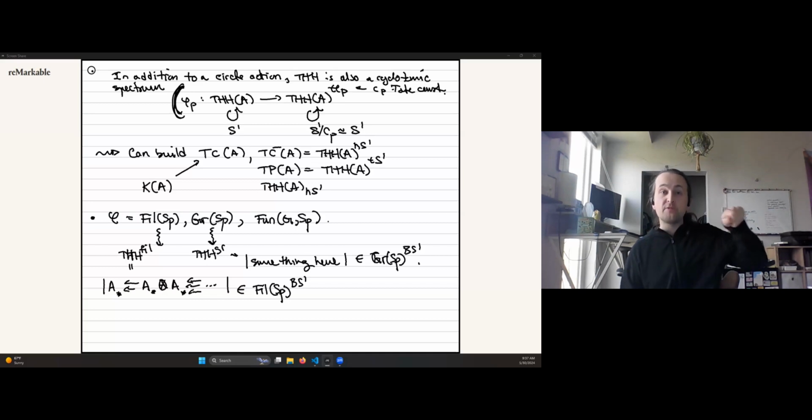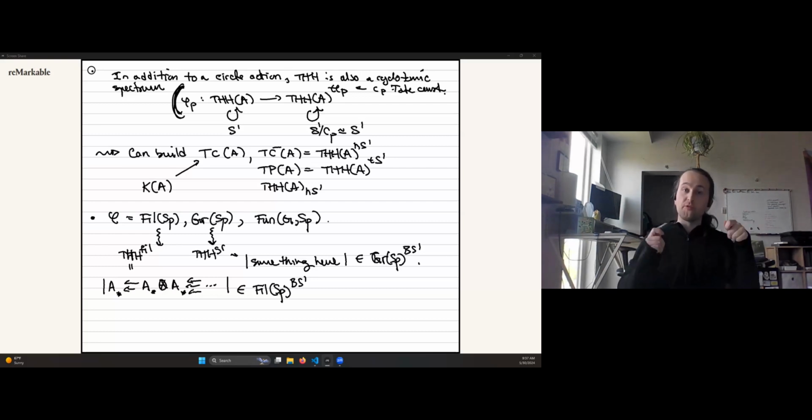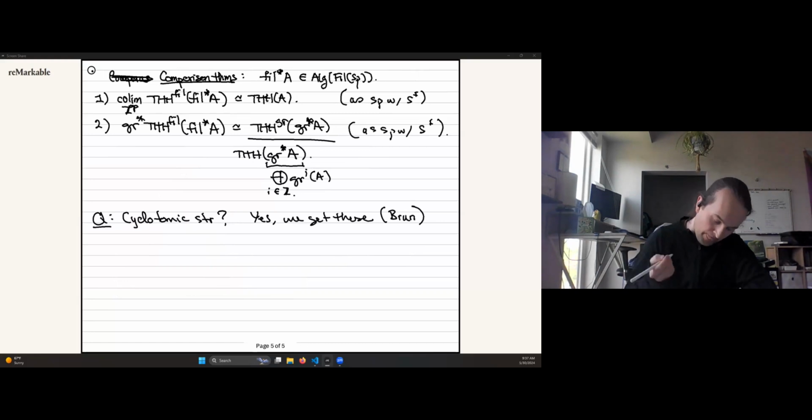So like the pth power of A, if it has degree n, will then have degree p times n. And so we should also expect our Frobenii in cyclotomic, like the filtered analog and the graded analog of these Frobenii, to change the filtration degree. And this is exactly what happens. So basically,